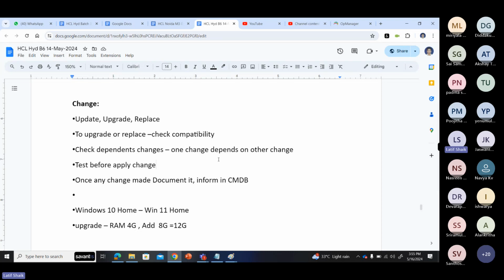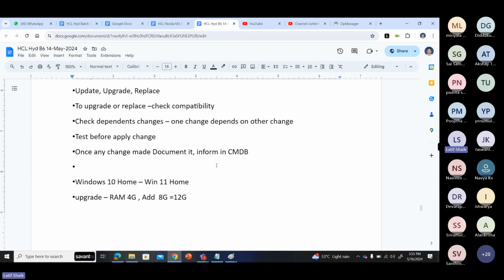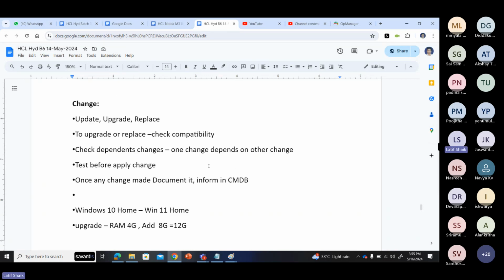So guys, that is why change management is always important. We have to put pressure on change management. If you are a change management person and you are going to change something, what is important? You have to check the compatibilities, check the dependencies, and test before applying changes, and make sure that this change will give a